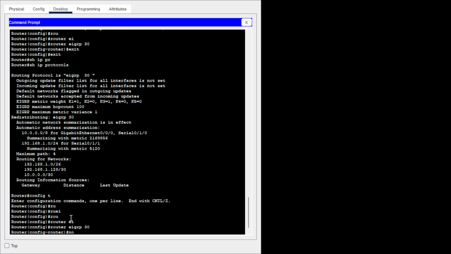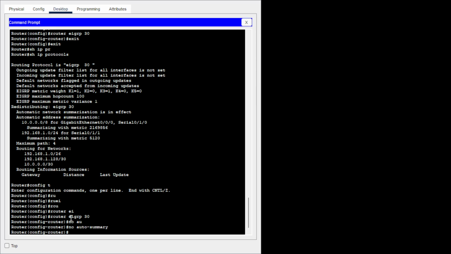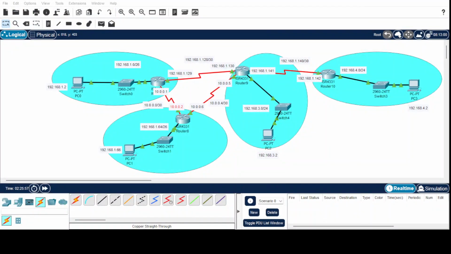So we have to disable, so no auto summary, then exit. Okay, and similarly we have disabled the auto summarization for the first network, and for the second network we have to do the same process. PC1